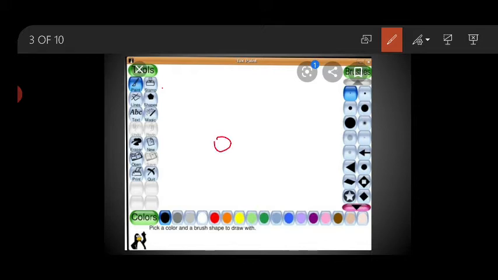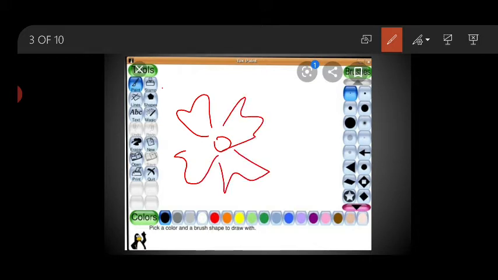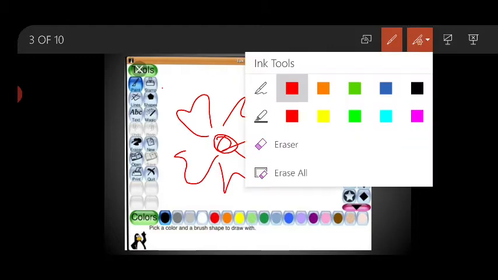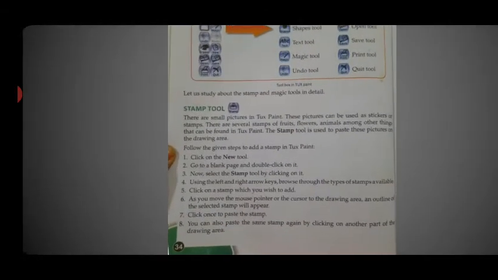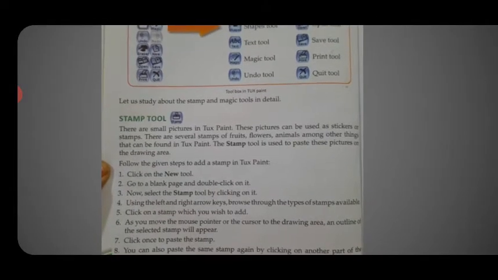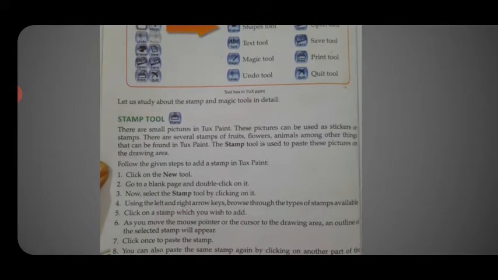Whatever flowers are available, we can pick and select and draw the flower directly here with the stamp tool. After that, whether it is animal pictures or fruit pictures, we can directly paste them on the drawing area.